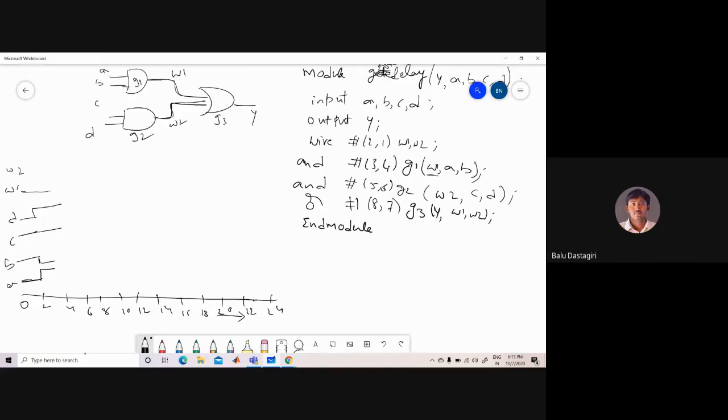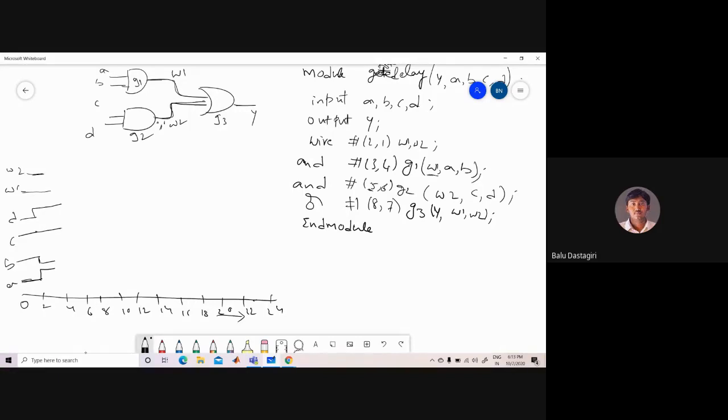So the output of G2, what happens? It becomes 1 here. But the AND gate G2 has a delay of 5 time units, since the output is going from 0 to 1. So the output will not change at 2 time units immediately.